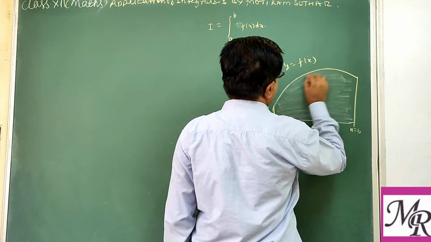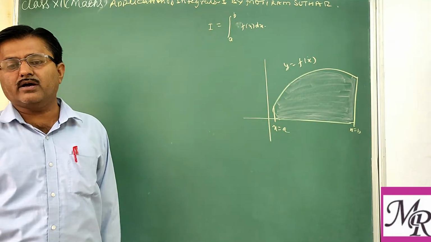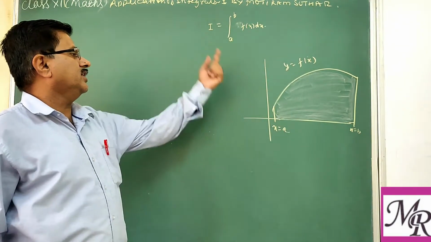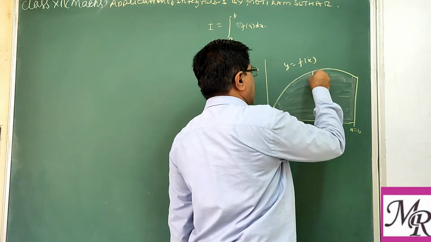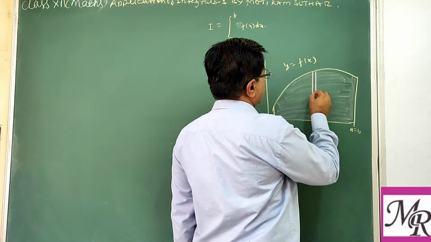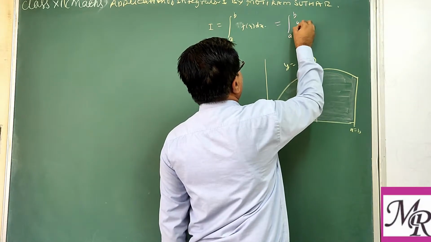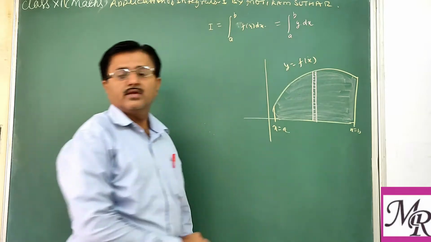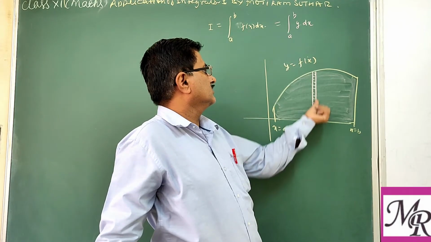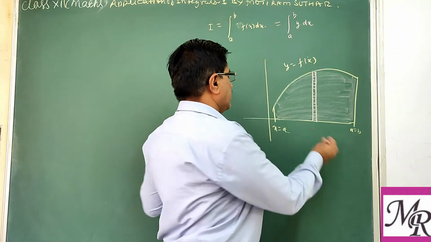So the meaning of the definite integral is already here. That is the area enclosed by the curve and the x-axis. In this, dx is a very elementary area of this region. Suppose we say this is a rectangular strip. So we write the integral from a to b of y into dx, where y is the height, or length, of the rectangle and dx is the very small width.